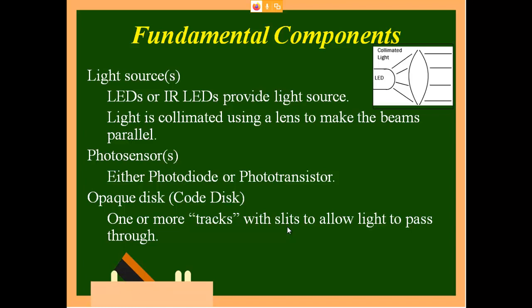For an encoder, what is required first is a light source. From here you send light, and the second important part is a receiver to receive this light. One to send, one to receive, and the center part plays the main role. The center part we call the opaque disk or code disk. This code disk decides whether it is incremental type or the second type. In the second type, whether you are going to go for binary or any other way of representation.